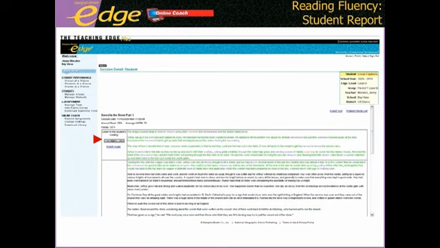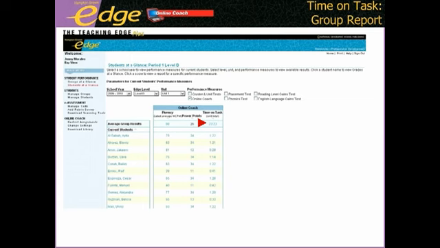Now, I'm going to go back to the Students at a Glance page so we can take a look at the Time on Task reports. To do that, I just simply click on the Students at a Glance here on the left under Student Performance. Again, from the Students at a Glance page, I'm going to begin by clicking on the Average Group Results for